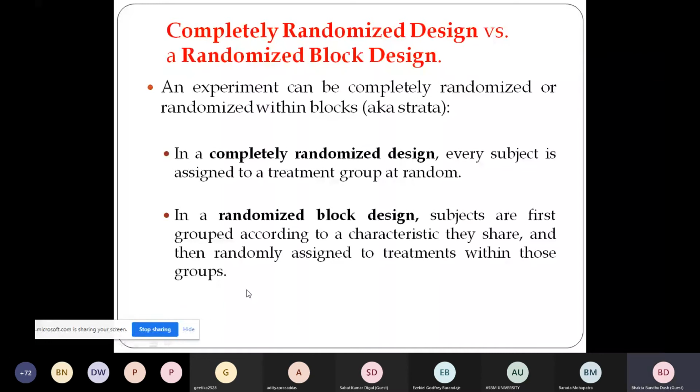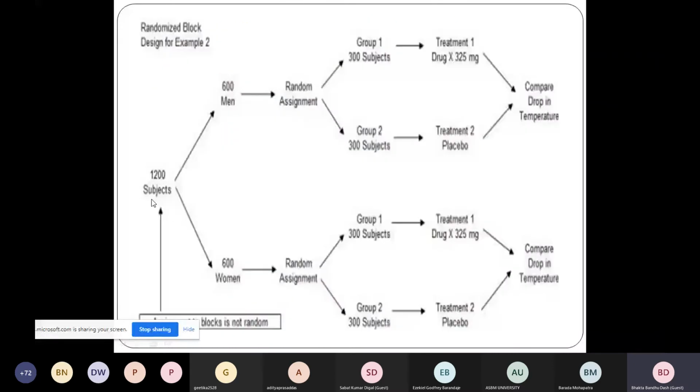See, this is the randomized block design. Look at here, 1200 subjects are there, so 600 men and 600 women. They are randomly assigned, either selected by probabilistic sample or non-probabilistic sample. So then what happened? Random assignment, what we did, we